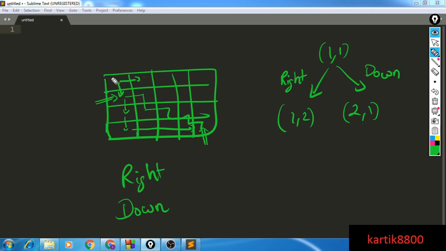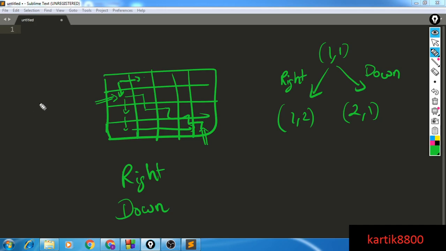From 1 comma 1 I could choose to go right and then follow any valid path from 1 comma 2 to n comma n, or I could go down and follow any of the paths from 2 comma 1 to n comma n. So this is the basic gist here.